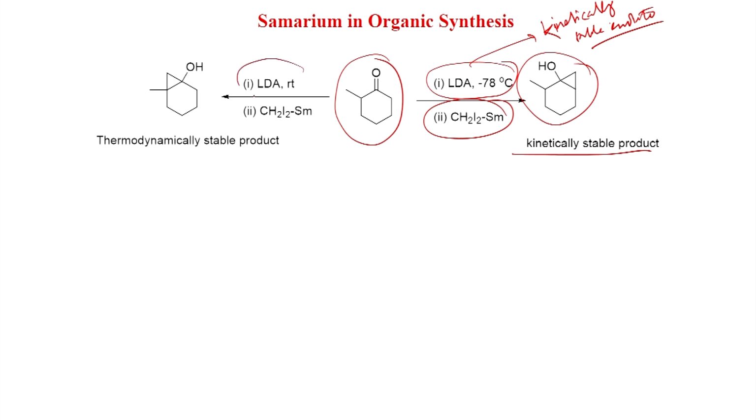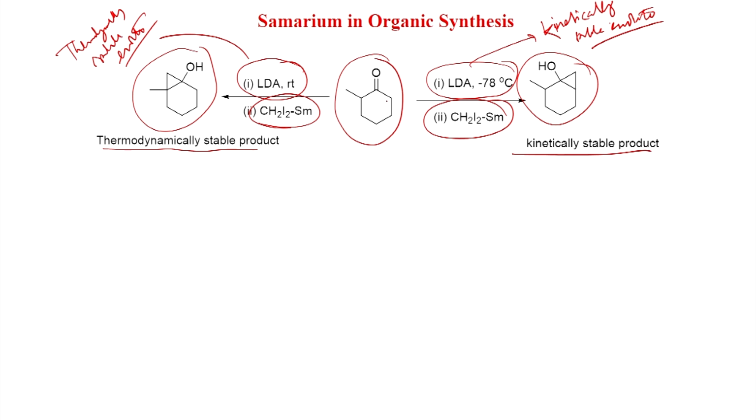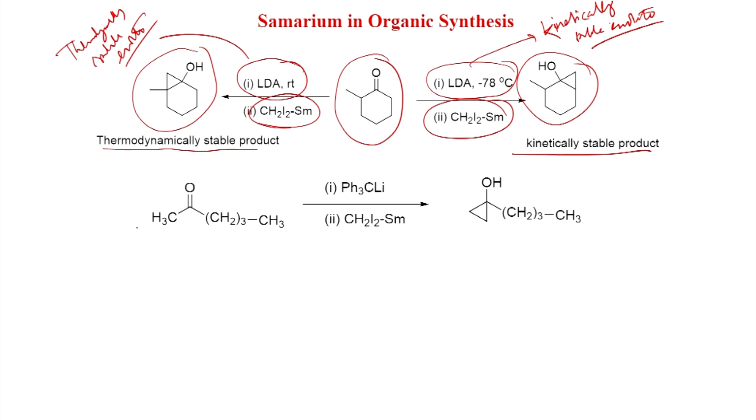On the other hand, at room temperature, because you allowed the reaction to equilibrate, only the thermodynamically stable enolate will form. So, this will give the thermodynamically stable enolate, and after that with CH2I2 samarium you get this. So, in one case the enolate is from this side, in another case the enolate is from this side, and that is why the cyclopropanol forms at different positions. Also, if you put an unsymmetrical ketone like this, one side methyl, another side butyl,